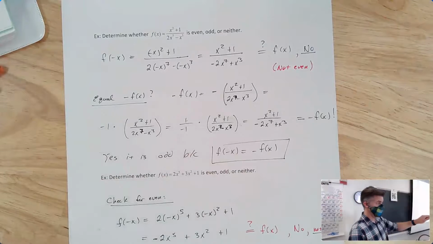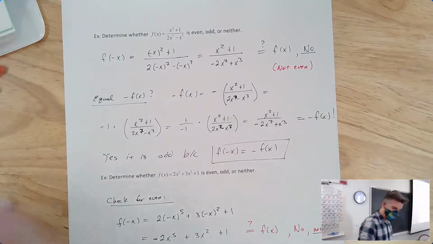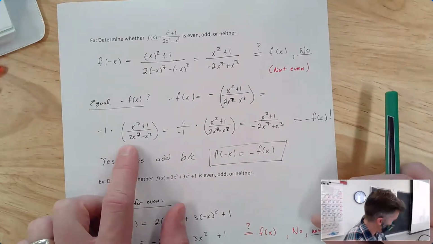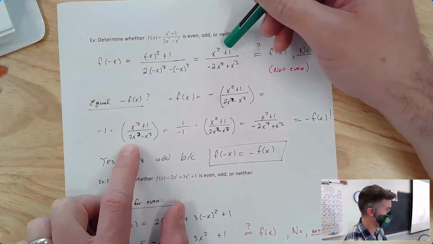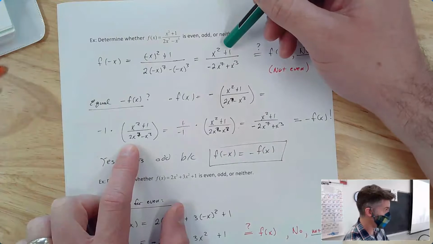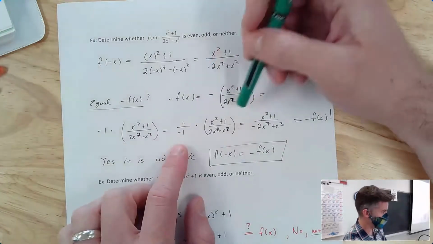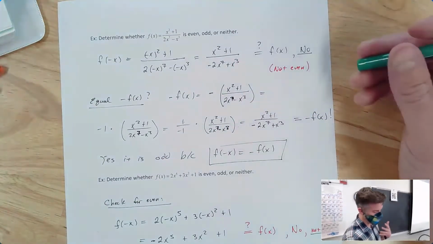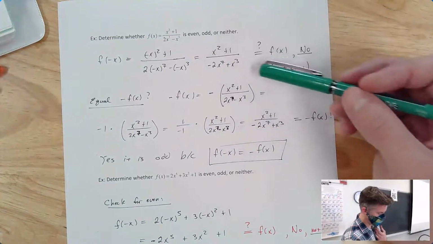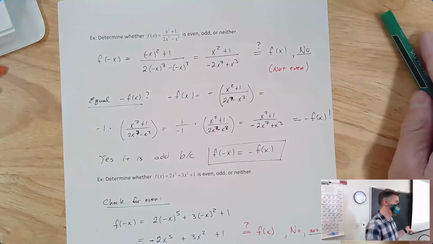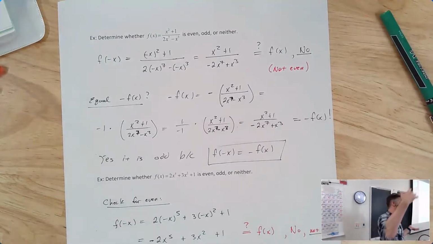Because I knew what I wanted. So I was trying to make it look like this. And I had -1 times this. I knew I wanted x squared plus 1 to stay the same on top. So I didn't want to multiply by -1 over 1. Because -1 over 1 would give me a negative x squared minus 1 on top, and the bottom would still be what it was. So I used my knowledge to be like, okay, I know I want the top to stay the same. If I'm going to multiply by -1, when you multiply a fraction by -1, you can either multiply the top or the bottom by -1. And I decided that we need to do the bottom so it looks like it